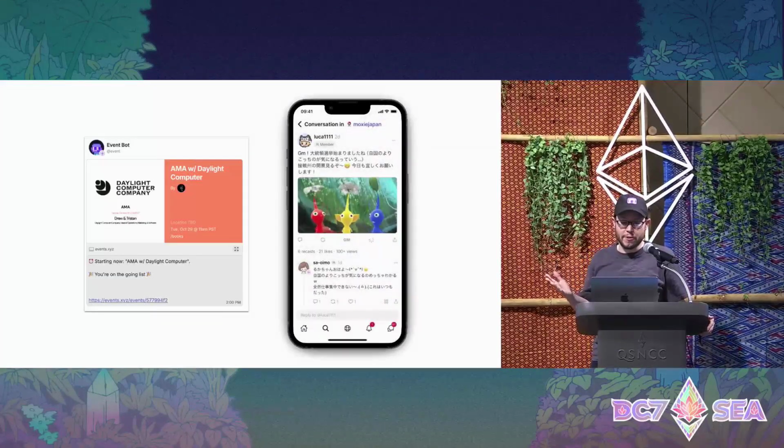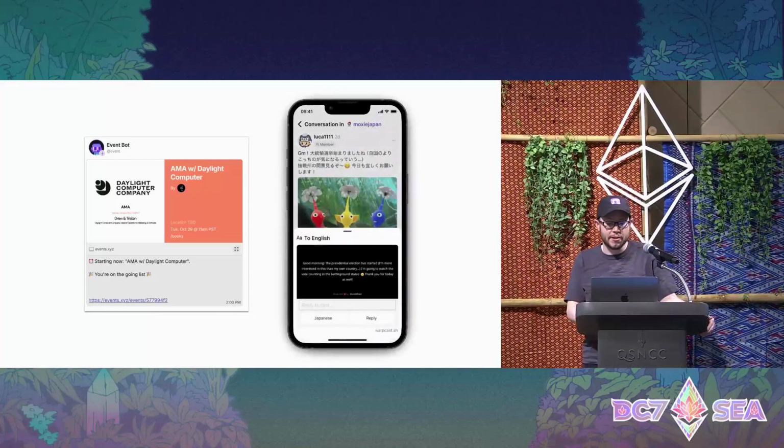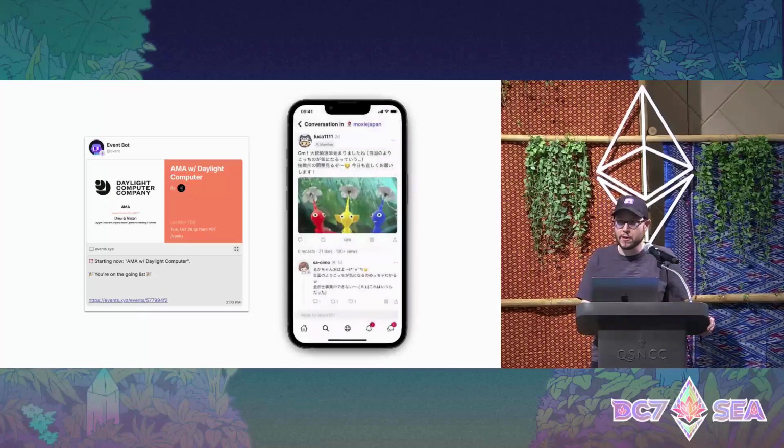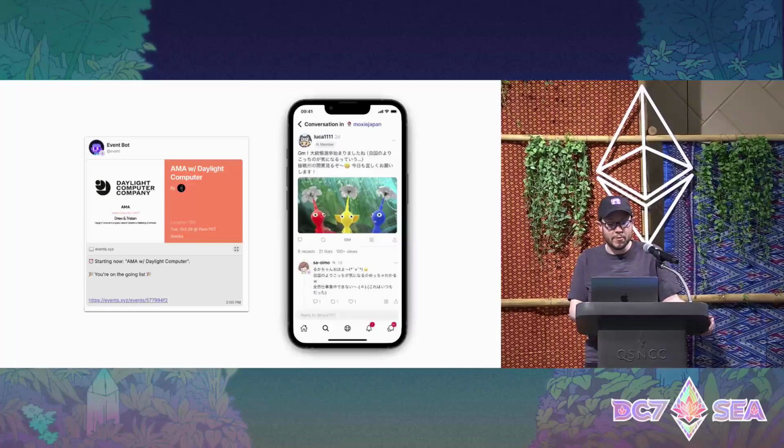You can also launch a frame by clicking on a cast to take actions like translating, bookmarking, and tipping that exist in the context of a cast. So you can think of this almost like a browser extension for a social network, or a programmable like button that's built into the app.